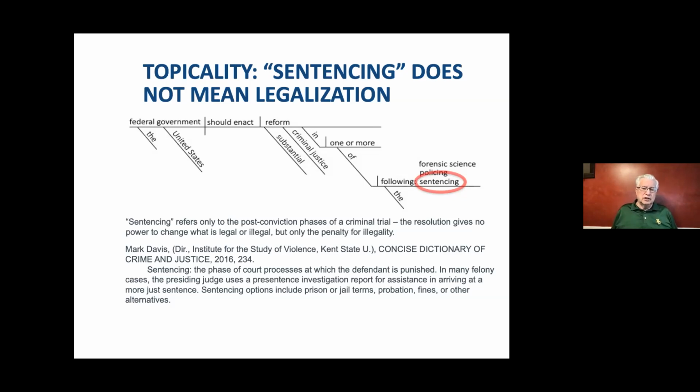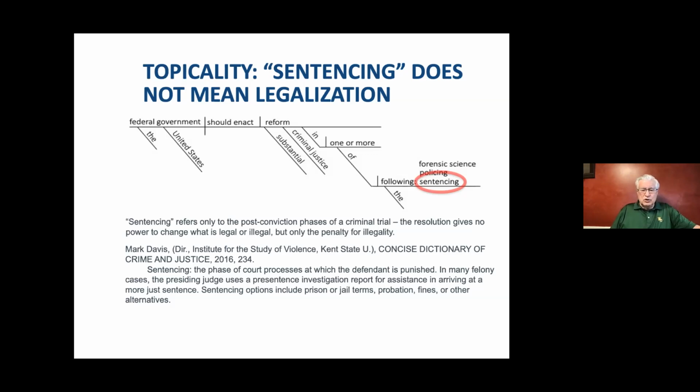So a negative team will argue that a reasonable limitation to this topic, which still, by the way, allows a great deal, is a limit that would say sentencing only can refer to the penalties that are to be served for violating existing law, not for changing the law, either by making something new illegal, or by making something legal that's now illegal. As you see on the screen, Mark Davis, Concise Dictionary of Crime and Justice, says sentencing,